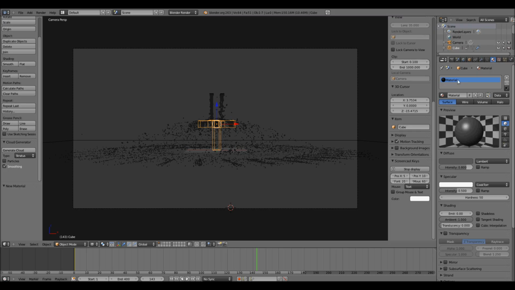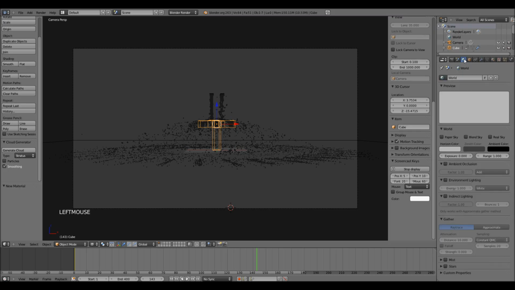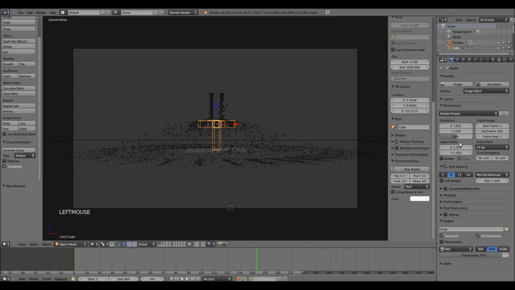And now let's go to the world settings again and select the environment lighting. So click on this checkbox and then make sure that we have high samples. I already had 20, as this is one of the default values I'm using, so let's go for 20 for now, and let's try to render this and see how it looks like. So first of all, let me change the